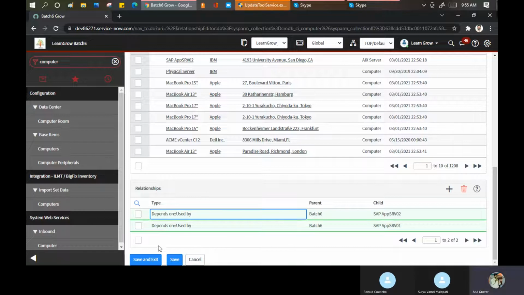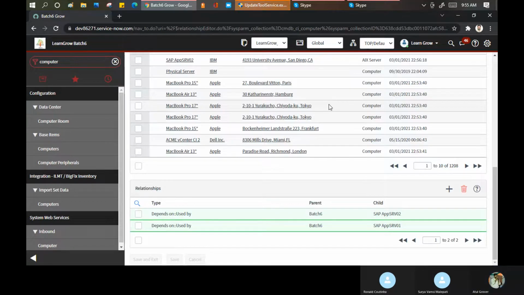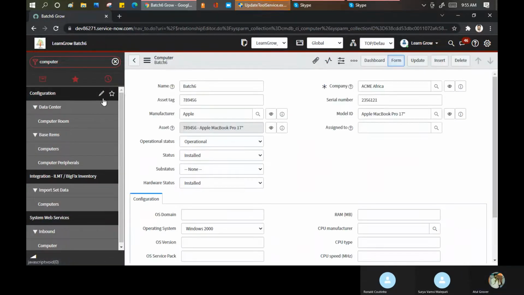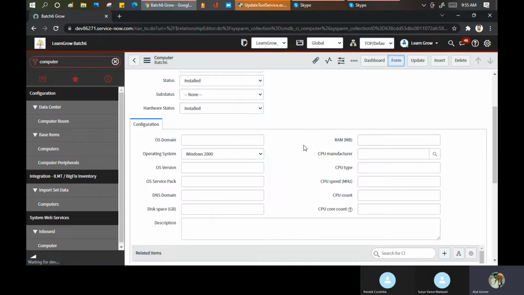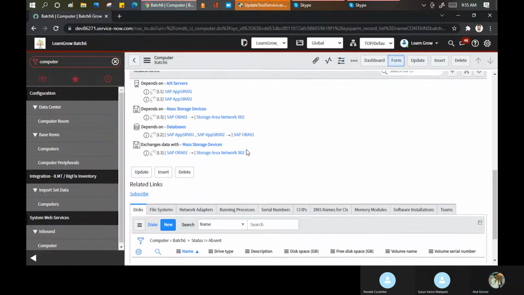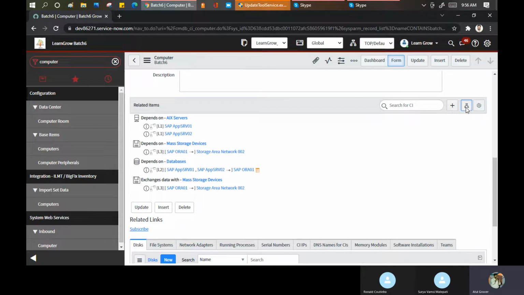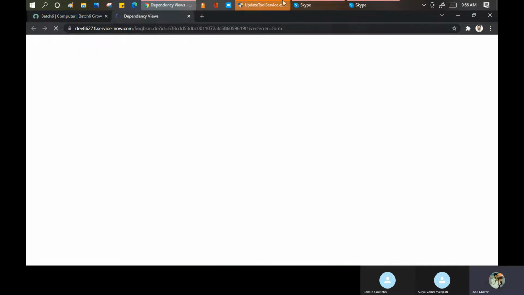Now maybe you say, Atul, it's very confusing. Let me show you the graphical representation. Now, if you see here, the relationship will be loading. See, we added this, right? Depends on. Yeah, again, let me show you here. This is called the dependency graph.